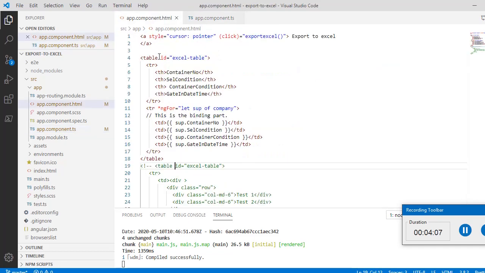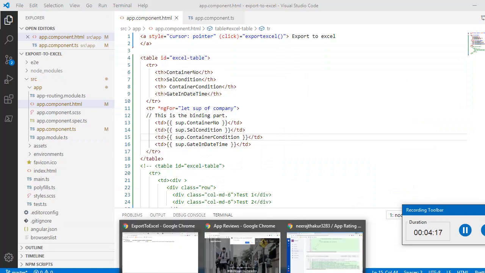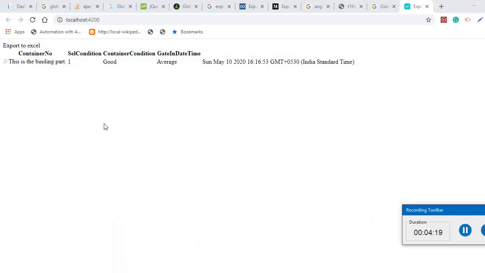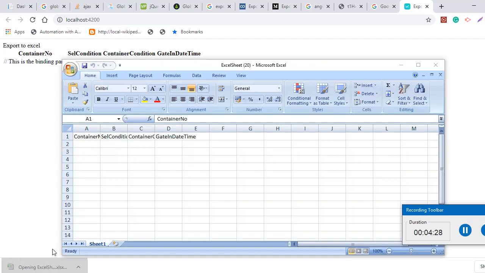So here I am looping that data with particular information and binding that data here. So on the front end, you will see that here is the output, and if I export the Excel, then you will see that the Excel is exported here.